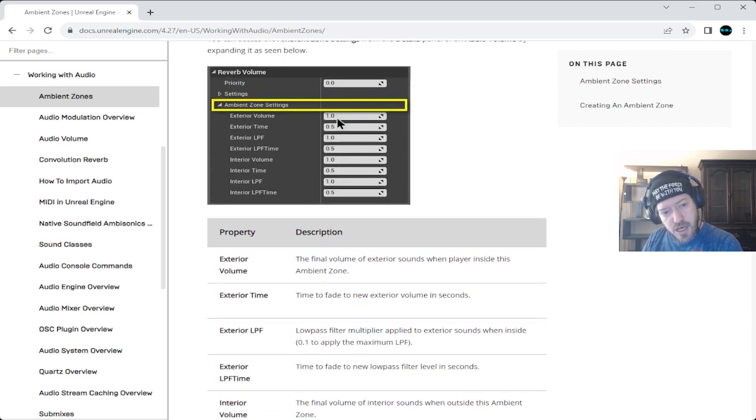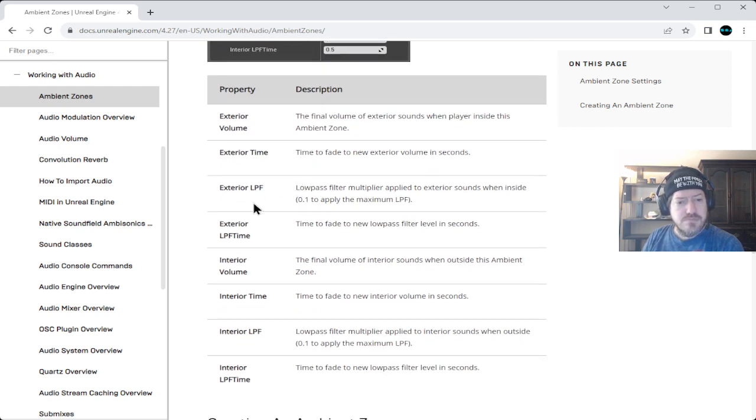So you might have the exterior still at a certain volume level when you go inside that particular ambient zone. That's interesting. Then, time to fade to new exterior volume in seconds.